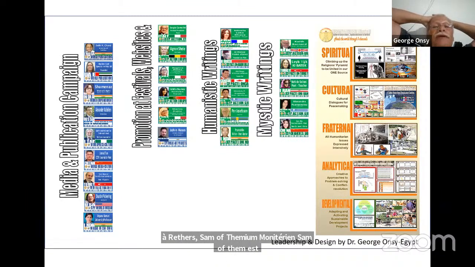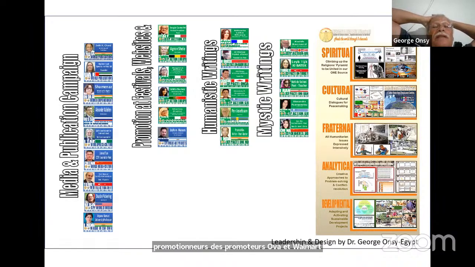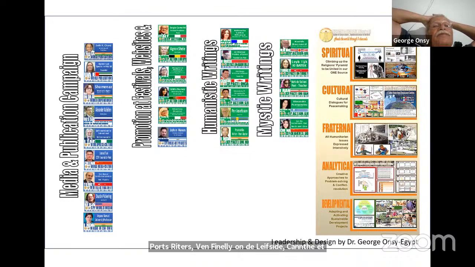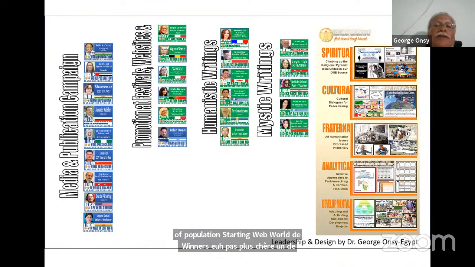the promoters of our movement and communication through their festivals, because some of them are presidents of festivals, some of them are heads of art and culture societies, some of them are top poets or writers. Then finally, on the left side, you can see a number of publishers, starting with world winners, publishers, and international publishers, and journalists and media people, and so on.